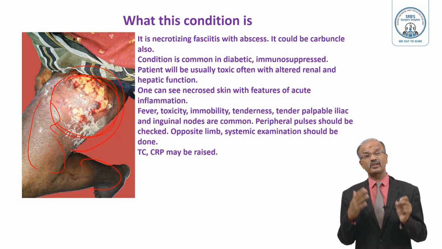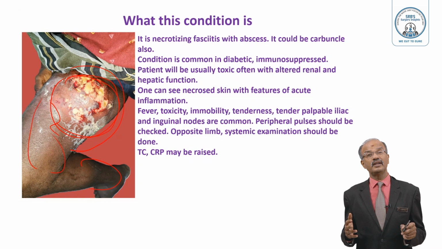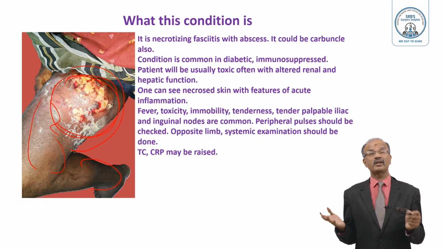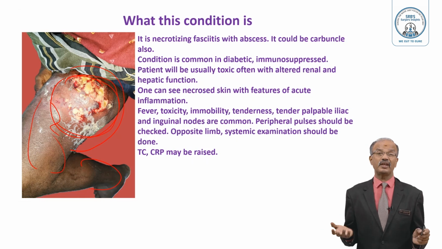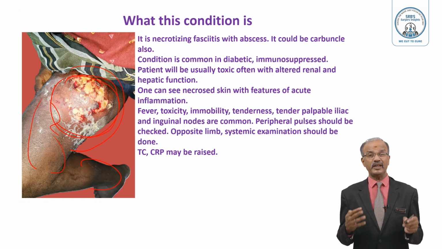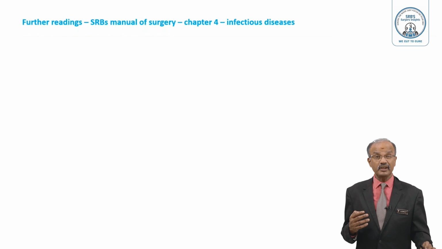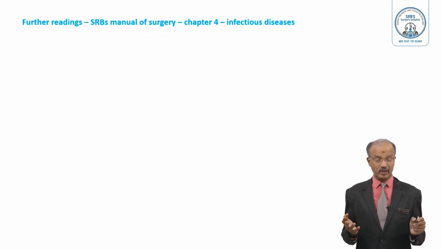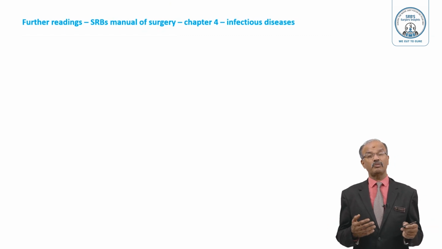and control the sepsis, control the toxemia, with local regular dressing, proper antibiotic, maintain the nutrition, and maintain the blood parameters like hemoglobin, blood count, platelet count. Bring down the creatinine if it is high, maintain the urine output, maintain the nutrition. All those things are important in this patient, with regular monitoring of total count, CRP, creatinine, LFT. Also do a Doppler study; there may be DVT also, there may be necrosis also,